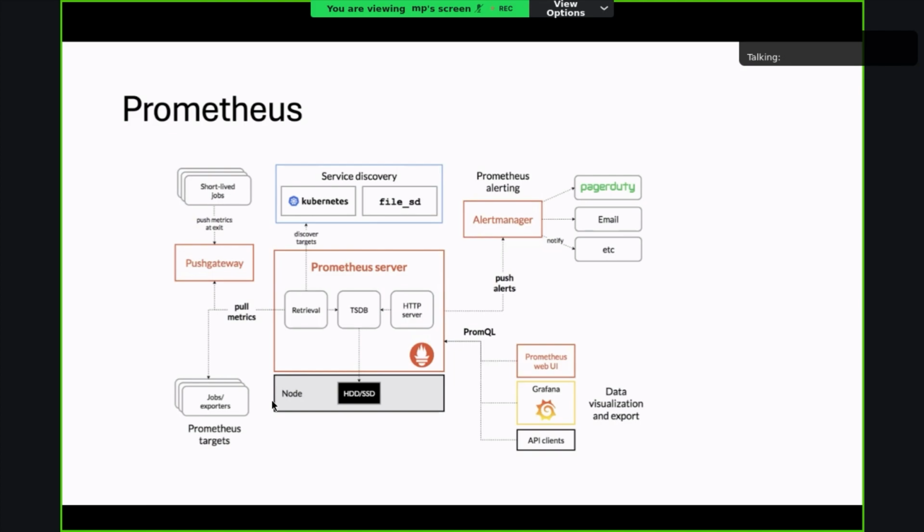And in the diagram we can see we have Cortex as well. Cortex is basically a scalable long-term storage solution that complements Prometheus and provides a better way to handle and query large amounts of monitoring data.